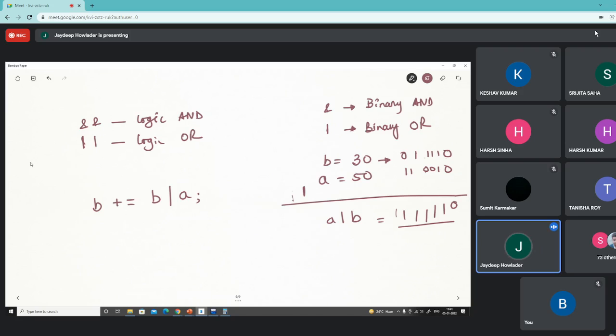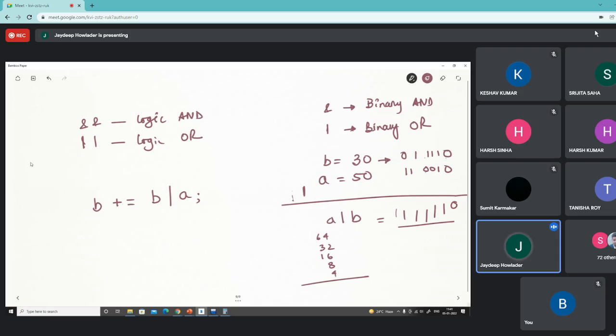So it is basically 5 ones, meaning 32 plus 16 plus 8 plus 4 plus 64. No, this is 2 3 4 5 6. Yes, 64.